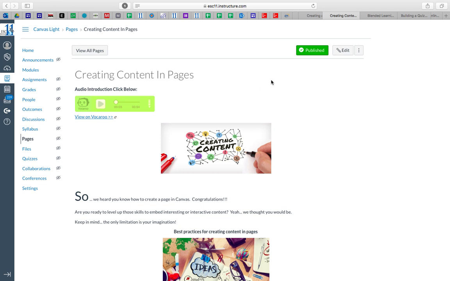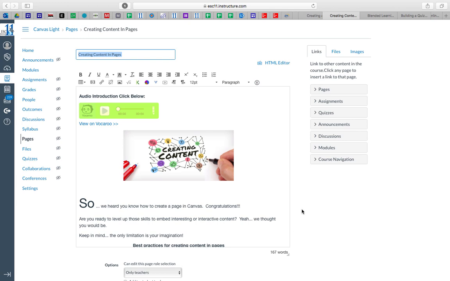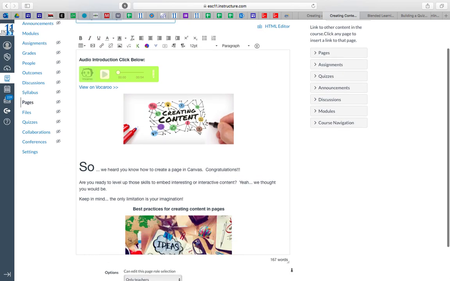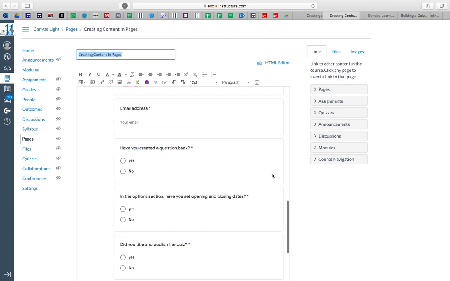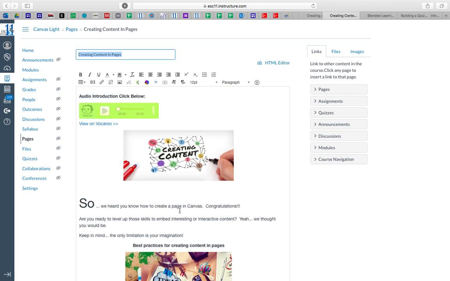Once you get into your Canvas course, just choose a page, go to Edit. I'm going to drop this field down so we can see just a little bit more here. And you can see this looks just like the page that we looked at, except we can edit the words right here. However, that's not how you embed. You're going to have to do something called grabbing an embed code.